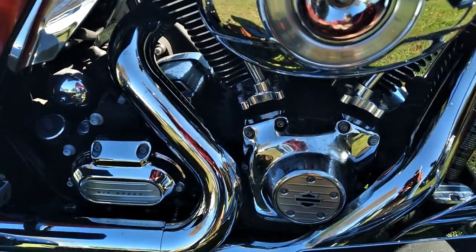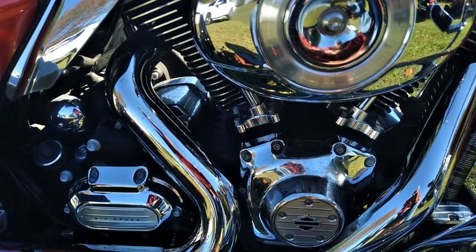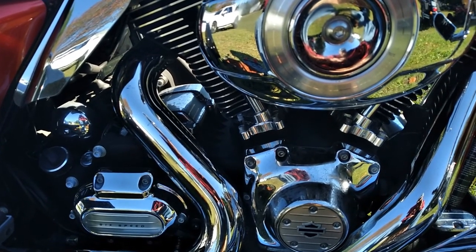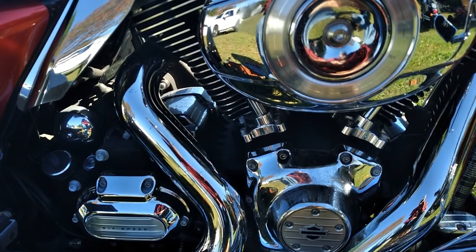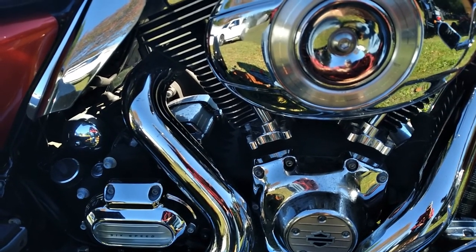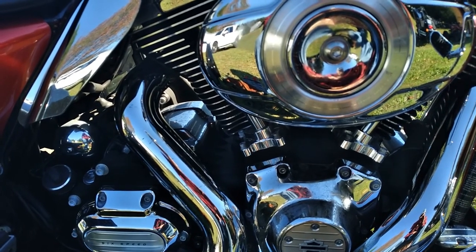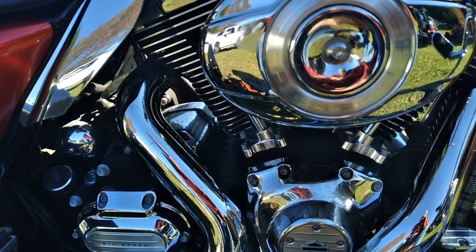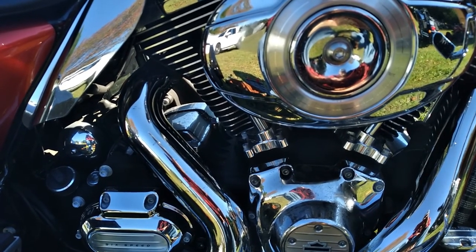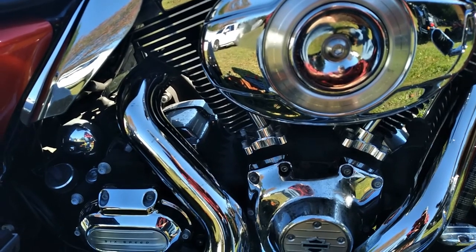Of course, I did one on a '99 one time, and those '99 and 2000 were like bad years because they were still using two ball bearings on the cams. I know this guy bought the bike new in '99, and probably about maybe 8 years later, he had almost just under 100,000 miles on it, and wanted to put some cams in there, and pulled it apart, and still had the original stuff in there, stock cams, the stock tensioners, stock chains, everything. Tensioners looked almost brand new, and he never had been into it, so it's just luck of the draw with that. As for all the rest of them, they went out pretty early,